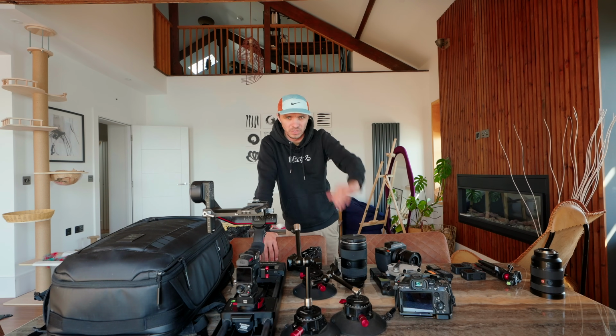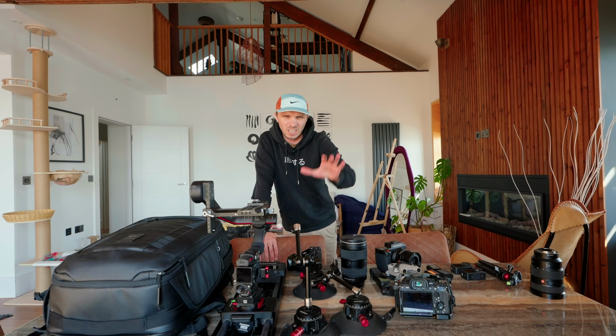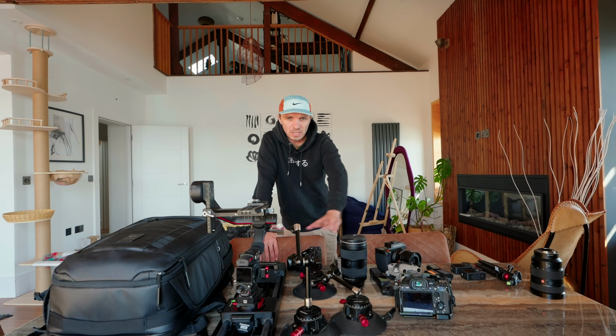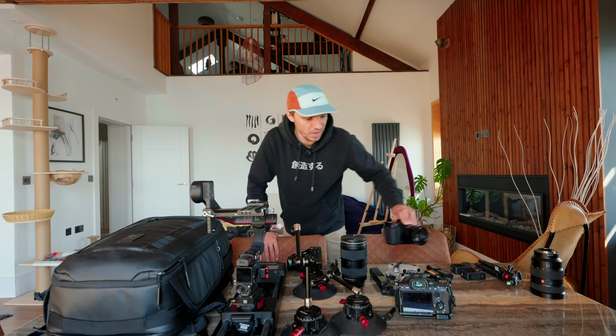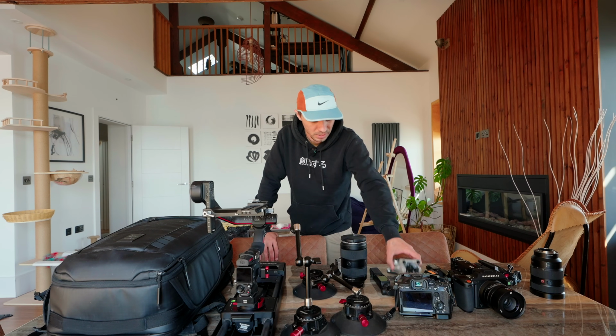Yes, you get it from the A7R5 as well, from the Sony, but this is just kind of another level. So I'll probably be using a mix between these two, the X2D, the GFX 100 RF, and the Sony A7R5. I'm bringing as well my actually now outdated drone. I need to upgrade it because